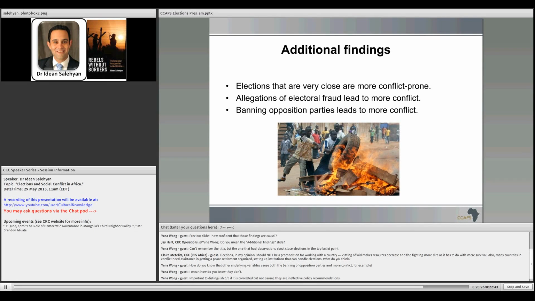I think most importantly, elections short of other democratic institutions are actually counterproductive. Most of you are working in some foreign policy arena, and just calling for elections and pushing countries to have elections can actually be worse than having no elections at all, provided that other democratic safeguards are not in place. So in a context, for example, to use the Mali example again, I would argue that it's more